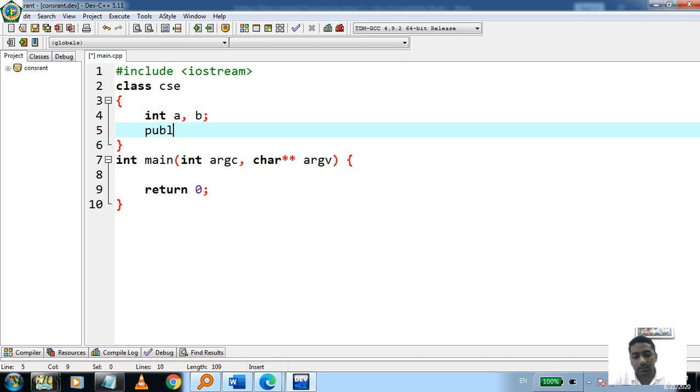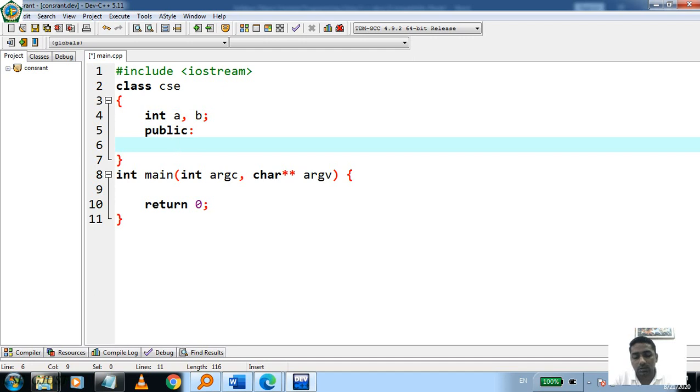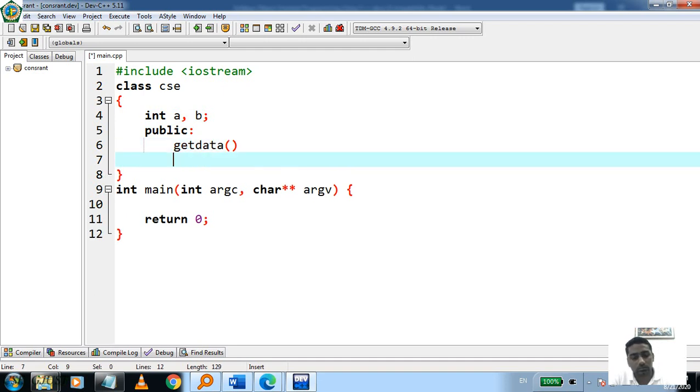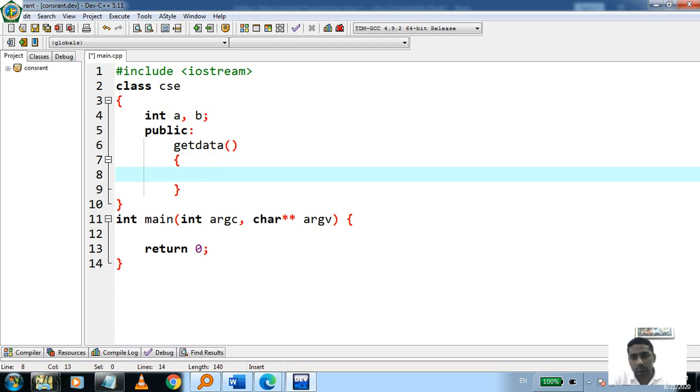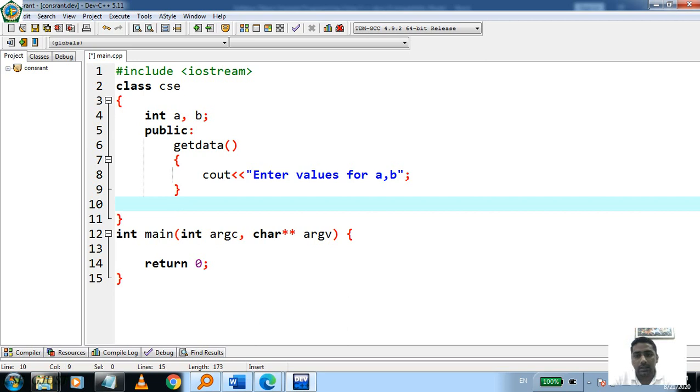In the public section, the first function that we will use here is getdata, with cout "enter values for a and b". Then the display function.